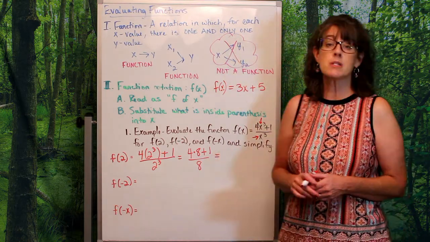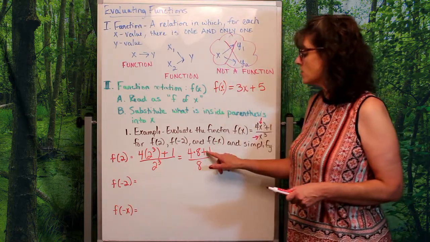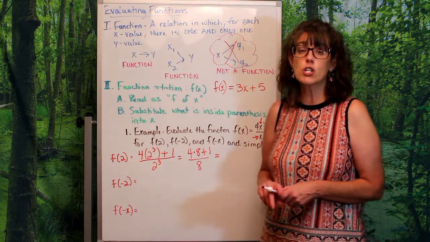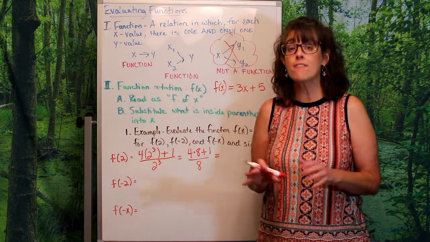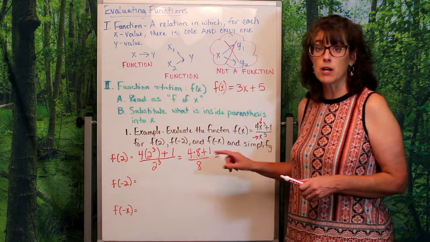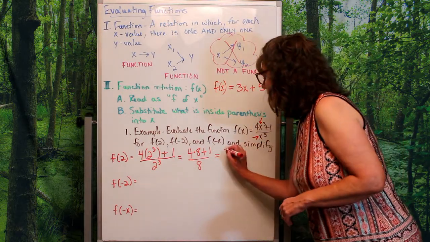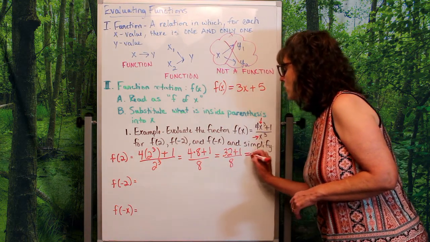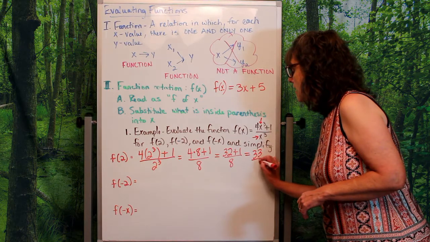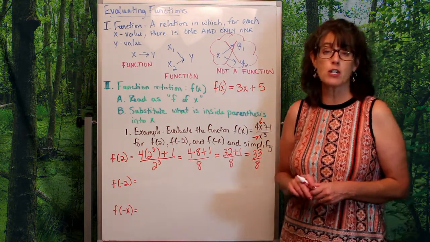Now, according to PEMDAS, I'm going to do multiplication before I do this addition. Yes, this is division, but that division also indicates fraction. I'm going to deal with the fraction after I have simplified that numerator. So I'm going to multiply first to get a 4 times 8 is 32, and then I'm going to add on that numerator. 32 plus 1 is 33, and then I'm going to try to simplify that fraction 33 over